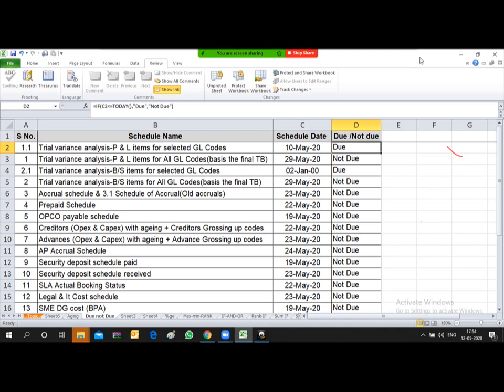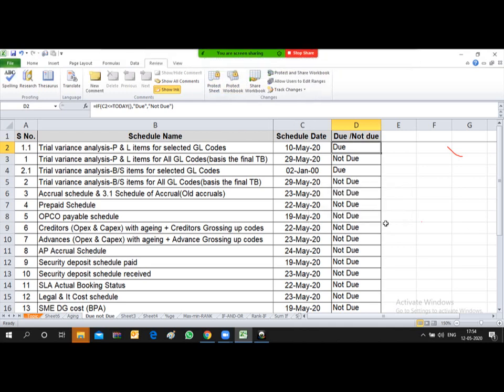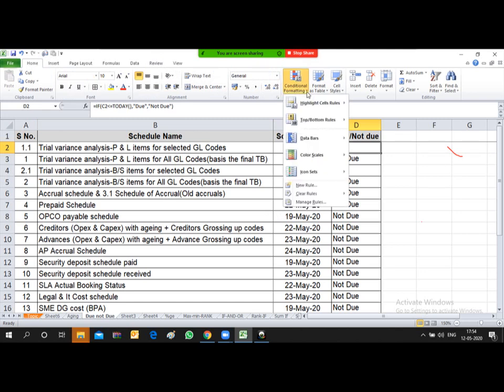So first, I will have to unprotect it, friend. Otherwise, it will not allow. I have unprotected. Now, friends, I'll just go to the home tab. Under the home tab, there is an option available for conditional formatting. Under conditional formatting, there are so many options available. First,